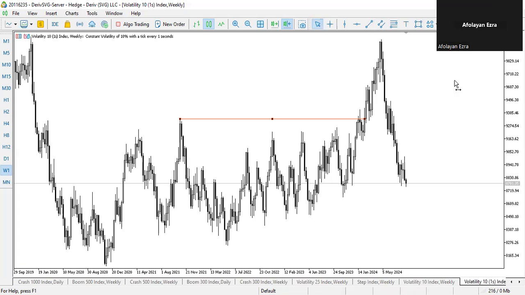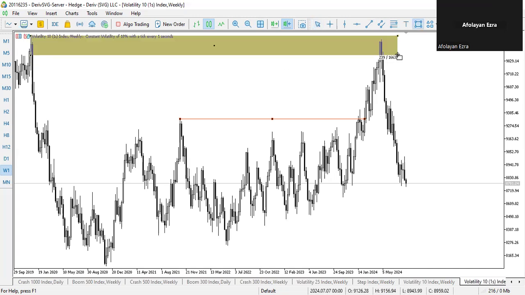I think I marked this zone. I called it, I don't know whether it's in the mentorship group or in the general group, but I called it somewhere and some people caught it and they were asking me where should the TP be? So I told them, there is a trend line liquidity somewhere around here that I would love for price to come for. Let me adjust it very well. So I prefer price coming for all this liquidity. I want price to come for that liquidity